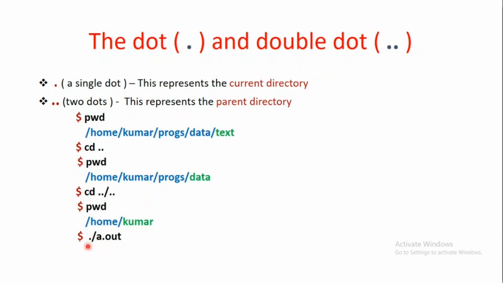So what is the actual meaning of this? The actual meaning is that dot represents the current directory, right? So we are telling the shell that under the current working directory, represented by dot, there is a file called a.out, and that should be executed. So here I am specifying the path of my executable file by making use of dot. So I am giving the entire path to the shell to execute this file.